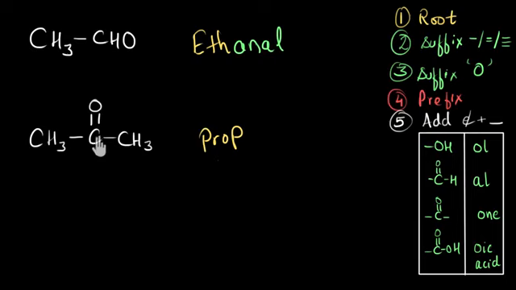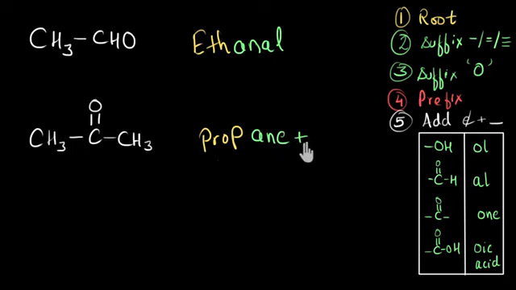Now over here, let's use the suffix for single, double or triple bond. So see, there is a double bond, but this double bond is not in the carbon chain. This double bond is between carbon and oxygen atom. Here we are only concerned with double or triple bonds in the carbon chain between carbon atoms. And over here I see that there are only single bonds between carbon atoms. So therefore the carbon chain belongs to the alkane family. And to denote that, we will use the suffix ane, propane.